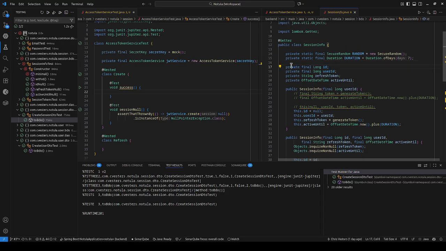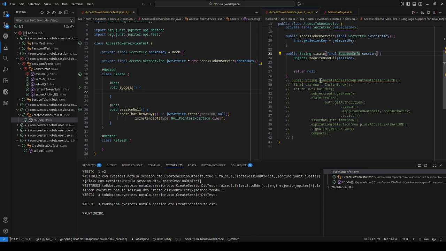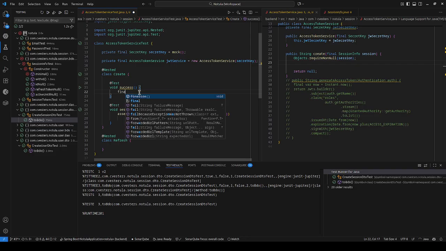And I'm not sure if I want to include the session ID. I'm not sure why I would include session ID in a JWT. So yeah, refresh token active until doesn't even matter. So I don't think I want to do any further validation on session. So the only thing I now want to do is verify that when I do